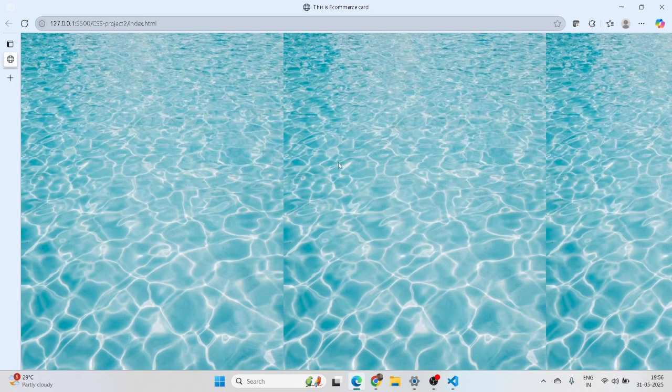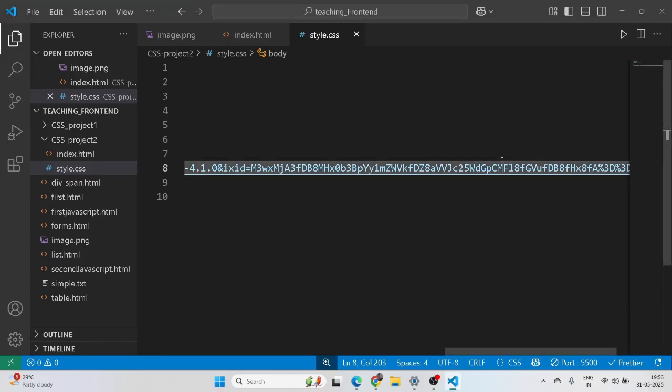This image is repeated 3 times, if you see. Why did that happen? Because the width of the image is less compared to our browser window. So for covering the window, it will repeat by default. We can stop